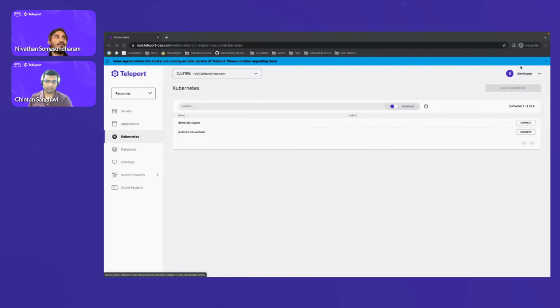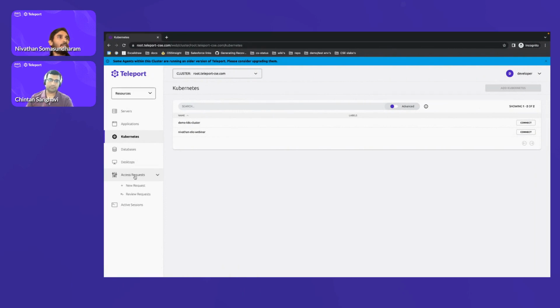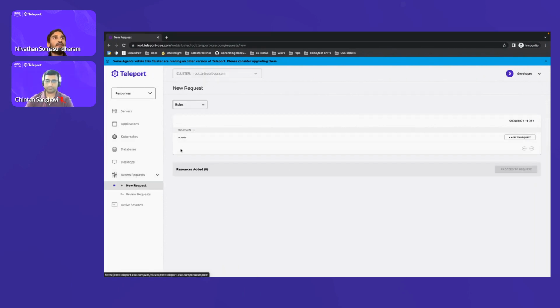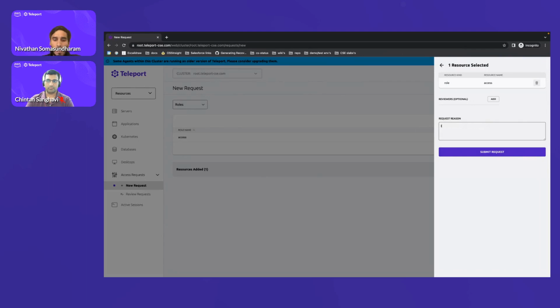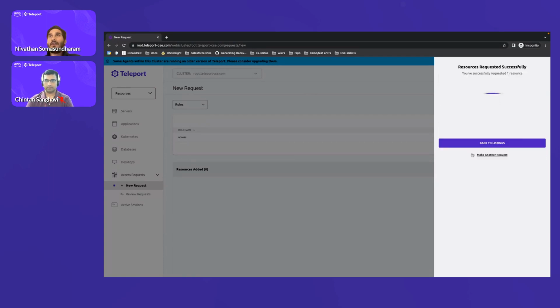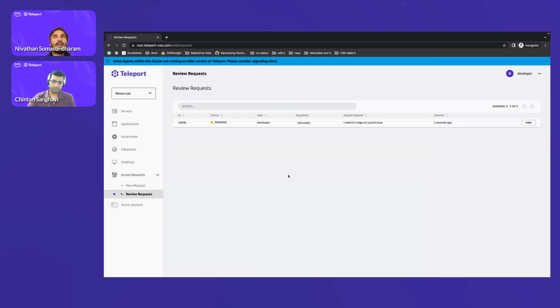So I'm a developer now, which was opened in incognito. If you go to access, there is a role called access, which has more elevated privileges, and you will be able to exec into the pods and do any triage whenever there is an issue going on. So during that situation, this is super useful for just-in-time access. And let's add a request, proceed to the request, submit this. So I have requested as a developer user,